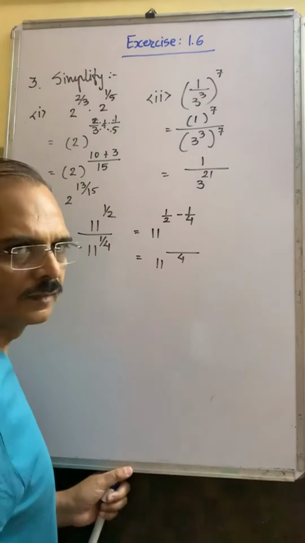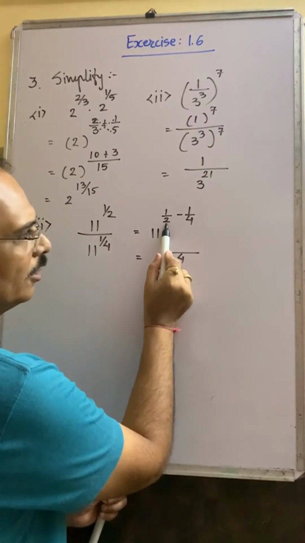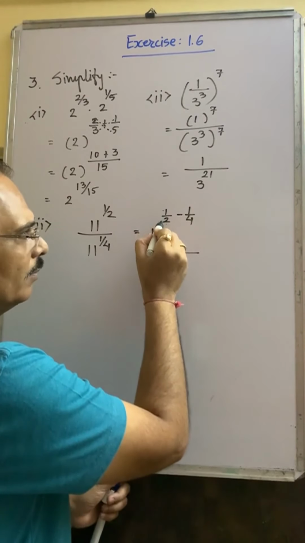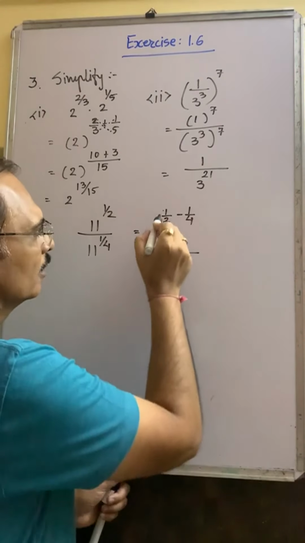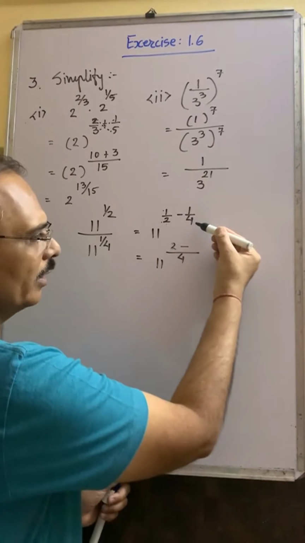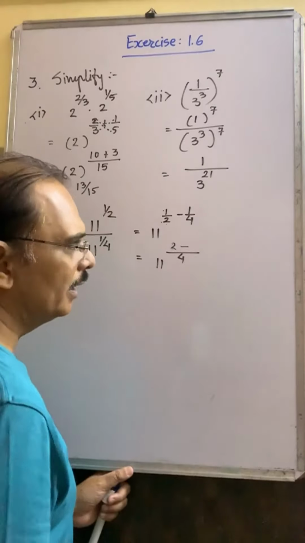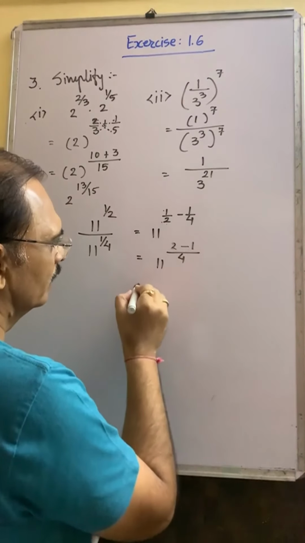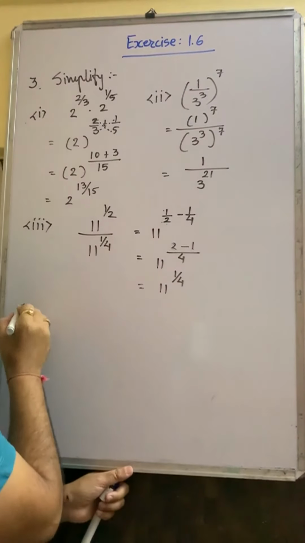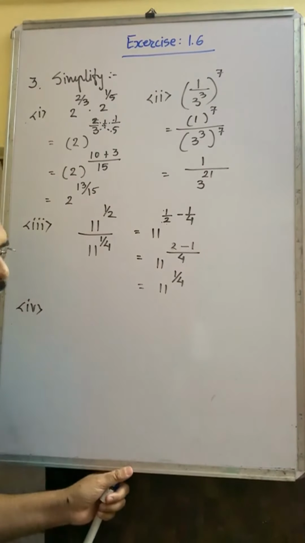LCM 4. This term should be multiplied by 2 to get 4. So multiplied by 2 in the numerator, multiplied by 2 in the denominator. So 2 1s are 2. Minus 4 is already there, no need to multiply the numerator. So 1 keep it as it is. This is 11 raised to 1 upon 4. Fourth number,